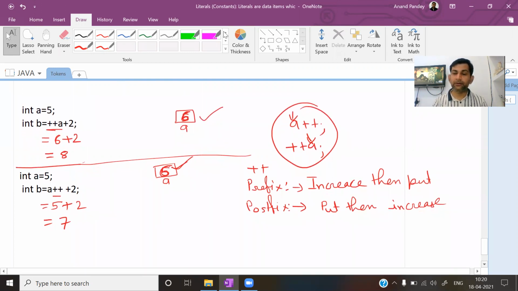This is about increment and decrement operators. A few numeric, means a few output questions, I will discuss in a separate video for this increment decrement operator. 2 or 3 examples I will explain and you can go through that. Now the next operator I am going to discuss is the ternary operator. That will be the last operator and token, last token. Operator last token था और operator का ये last operator होगा.